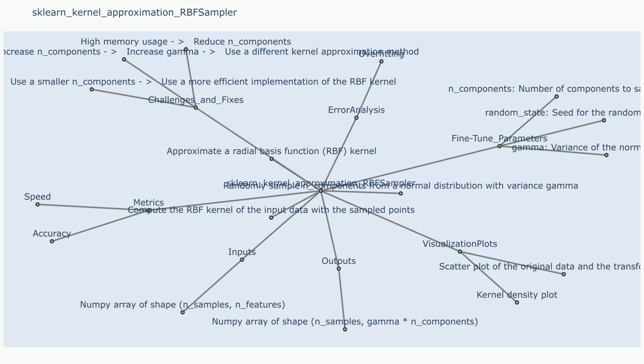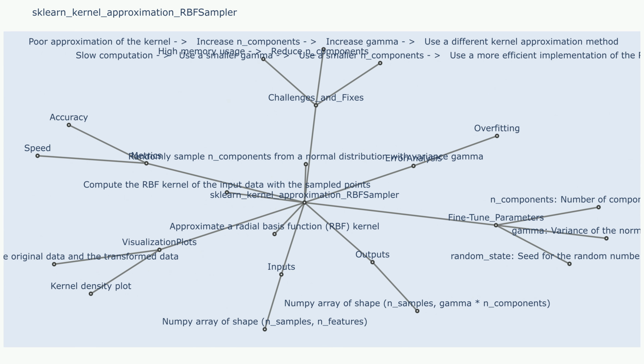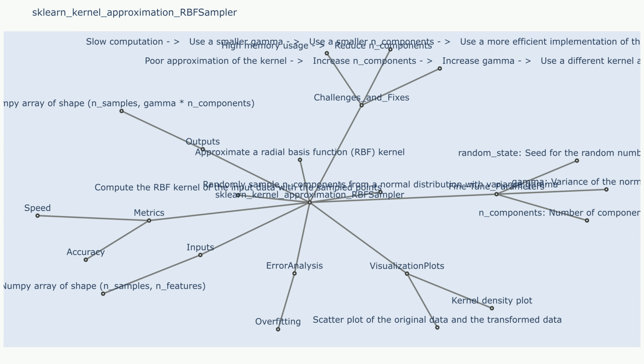Uncertainty methods. Confidence intervals. Confidence intervals for the approximated features can be obtained by applying standard statistical techniques to the random feature generation process. Bayesian methods. Bayesian methods can be used to model the uncertainty in the approximation process and obtain posterior distributions for the generated